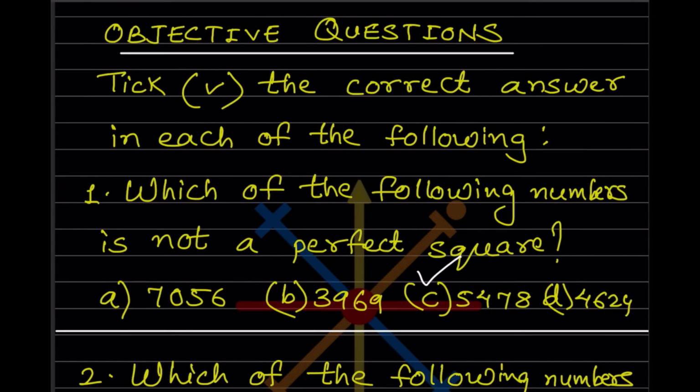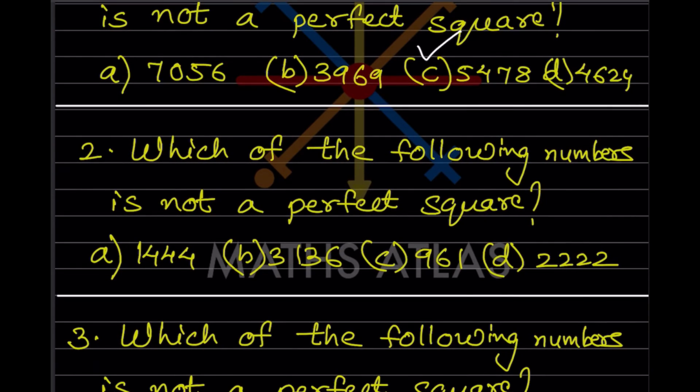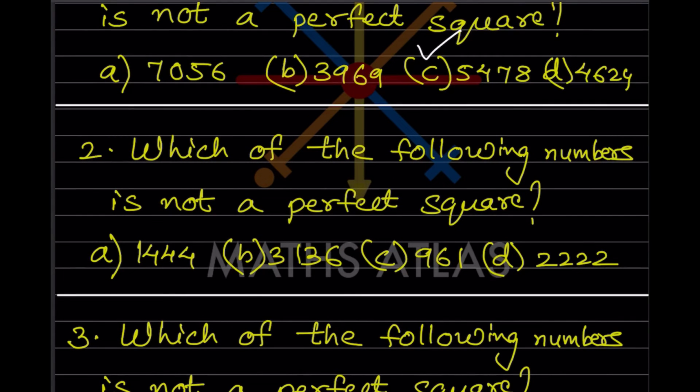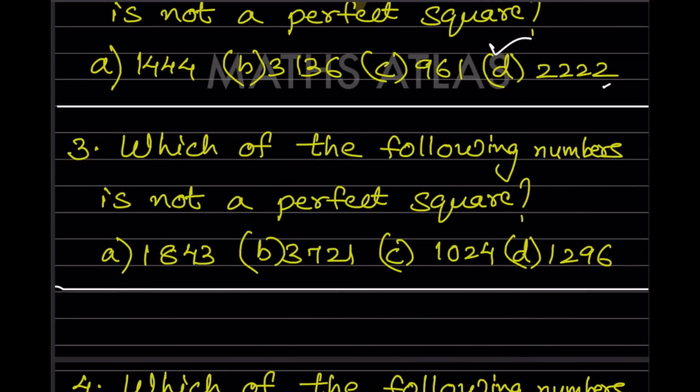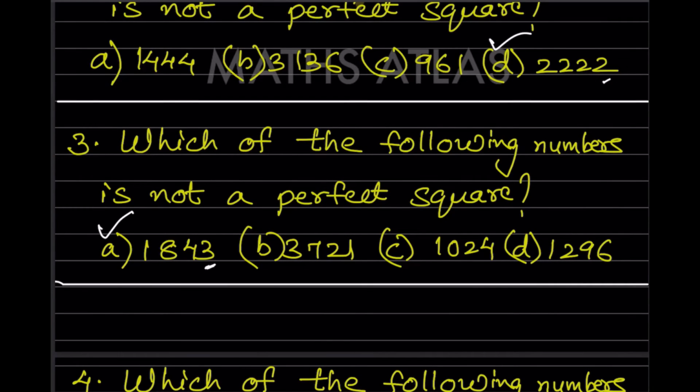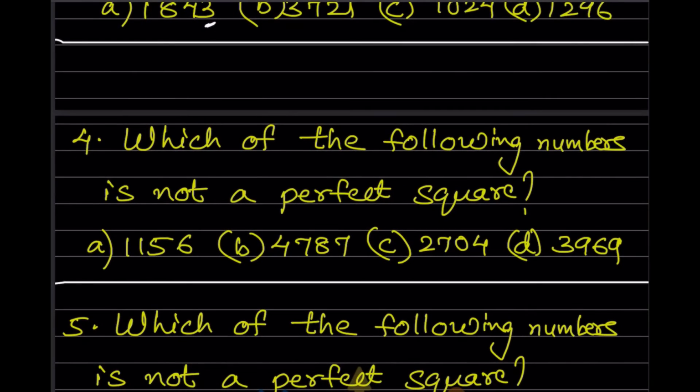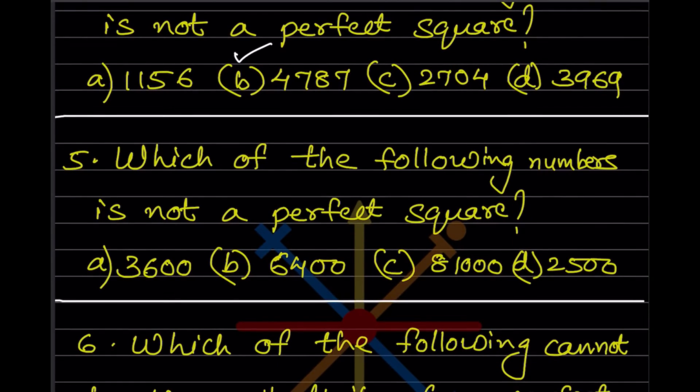Again the same one, 2, 3, 7, 8. Now let us look for the one here. So here we can see the last number is 2. The ending number is 2. So that is not a perfect square. So now in the third one, the ending number is 3 over here. So now in the fourth one, and now in the fifth one,